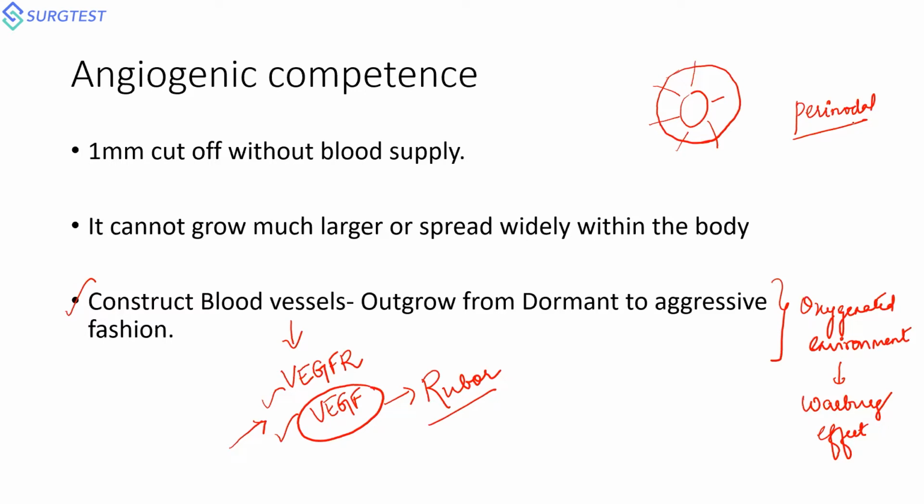The 1 millimeter cutoff is being given as a range beyond which your tumor tissue cannot sustain without producing new blood vessels. It is not a centimeter, it is a millimeter. I have got a last slide today to discuss a few numbers that are commonly asked in the exam. This 1 millimeter cutoff is very important, because this is the minimal size beyond which the tumor cell cannot sustain without producing or acquiring a new blood supply.